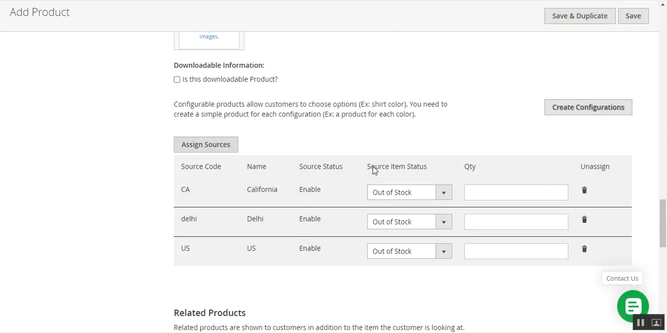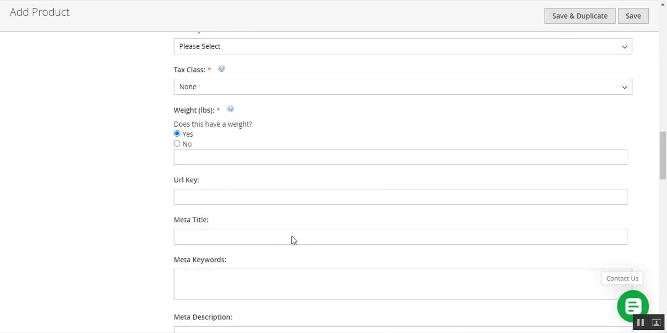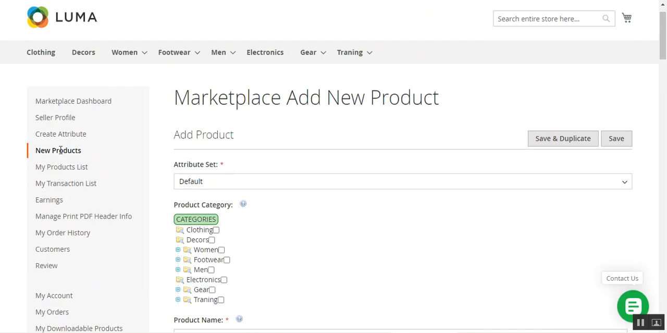Now you can see that we can set up this source item status. I'll set it as in stock for Delhi, in stock for US, and in stock for California. For each I can set the stock as per my requirement. And whenever the shipment is created after assigning the source to a particular shipment, the quantity also reduces automatically. I'll show you that in a moment, and that can be checked by going to